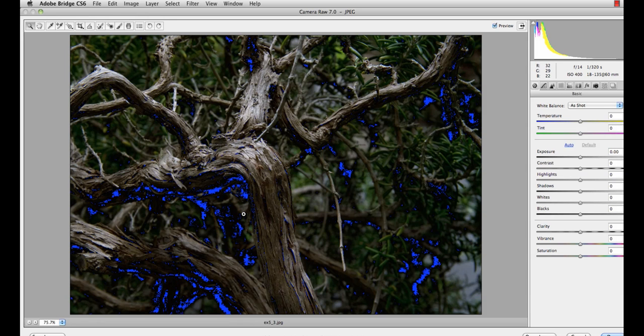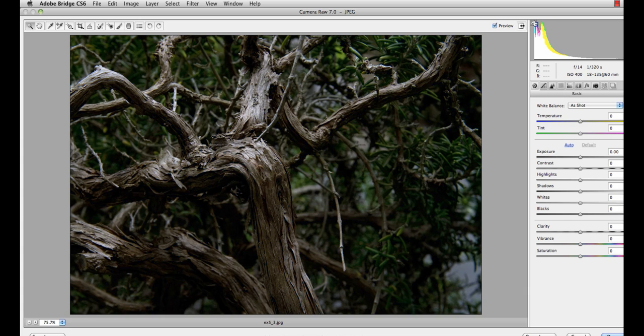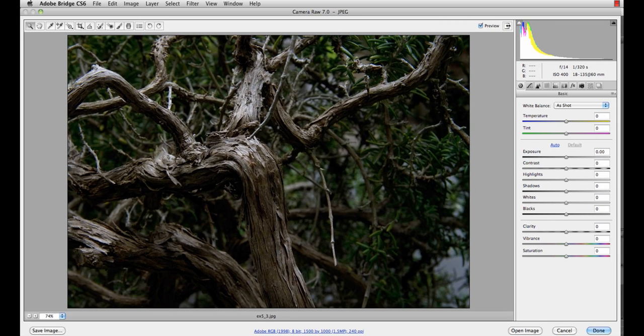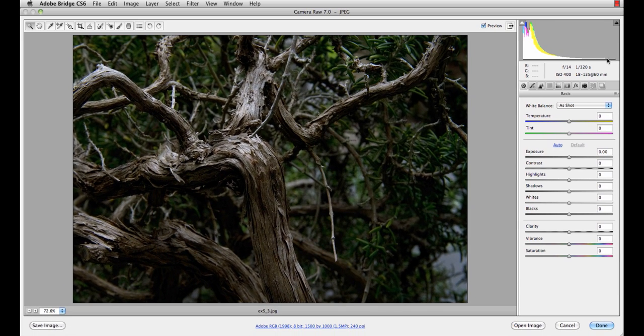And there you go. Now I like to have my warnings on, and right now I have my shadow clipping warning on, and you can look at the histogram. A lot of these values are piled up over at the right. Over here, we don't have any pixel information in the very white. This is called pixel wasteland. So the first thing we're going to do,